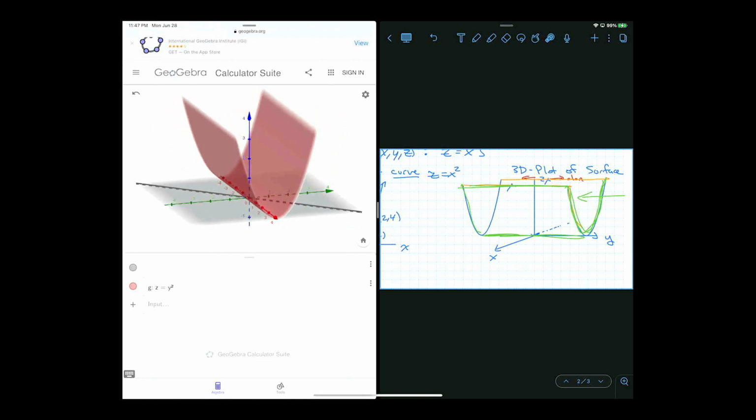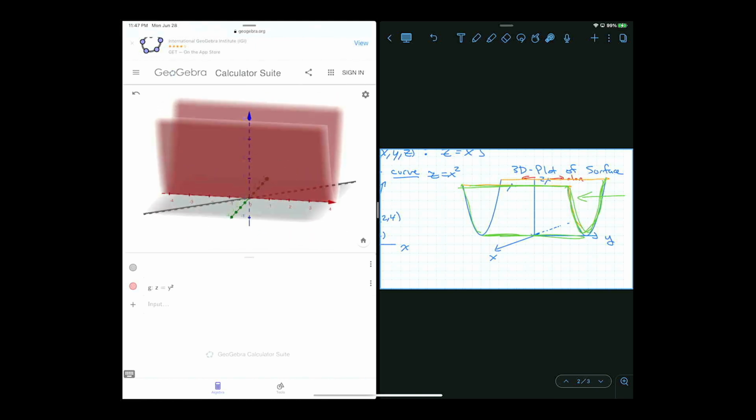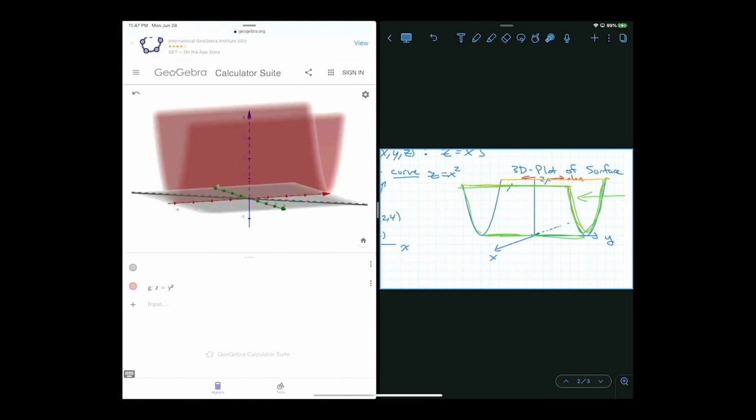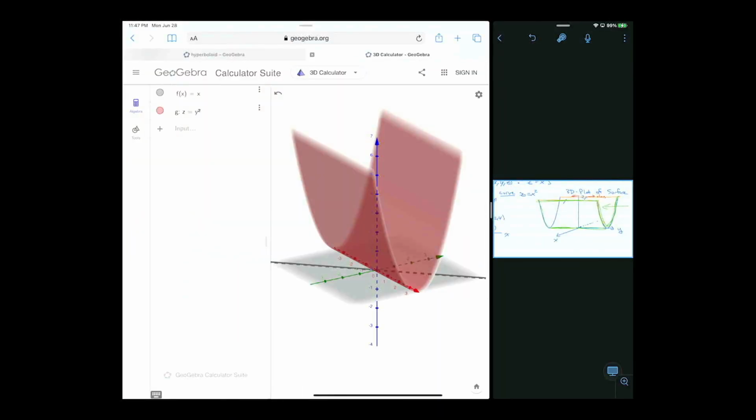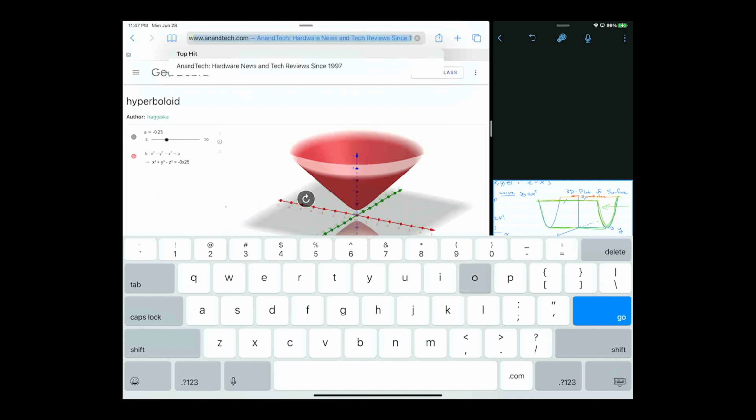Okay, so those are cylinders, and there's not a lot to say about them other than what we just did. If you're trying to graph them, I would recommend that you do what I just did. Graph them on GeoGebra, it's an easy way to see them. Now, I said you could use Wolfram Alpha as well. You certainly can. If I go to Wolfram Alpha,